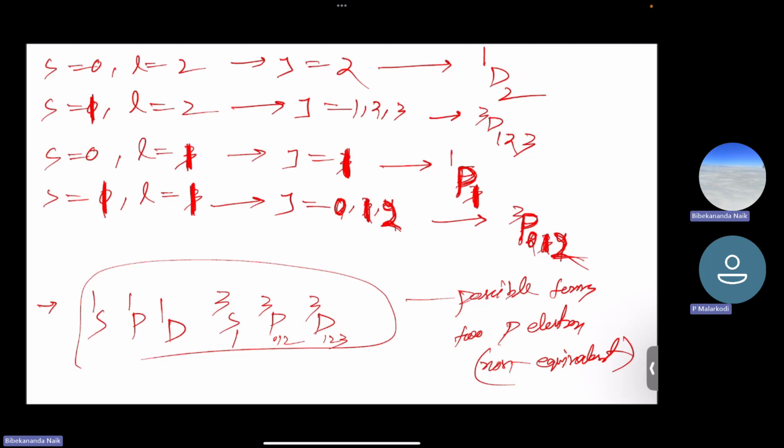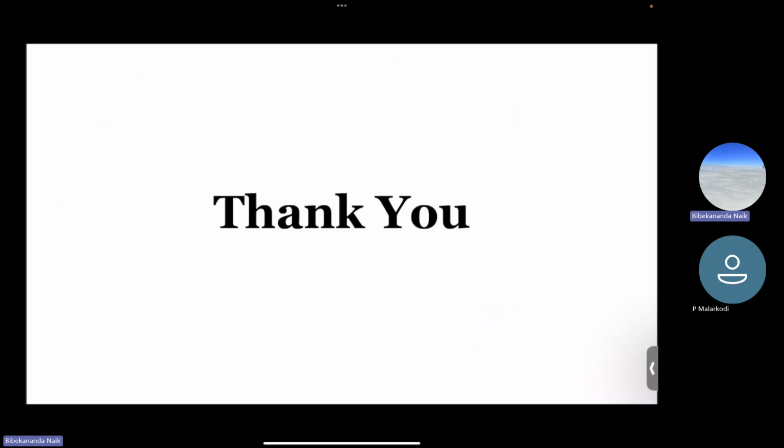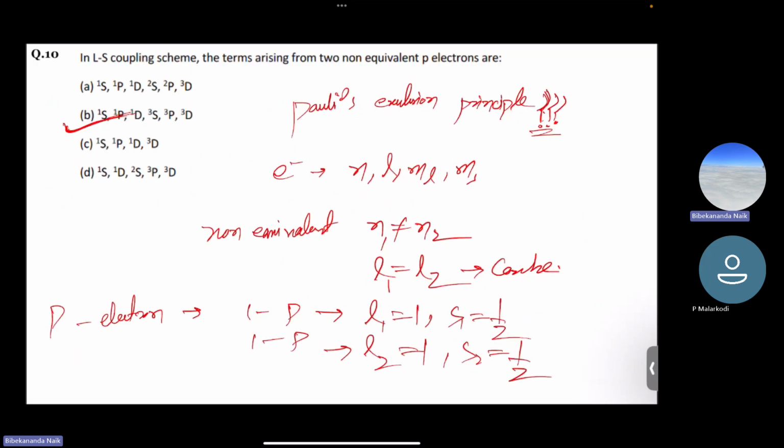No, no. When the P shell comes, there are three levels having the same energy. So this is the multiplicity, a triplet set. When the electron is present, suppose this is a cell where the electron is present, it can be one case, and in another case it can be like this. So see, in both the cases